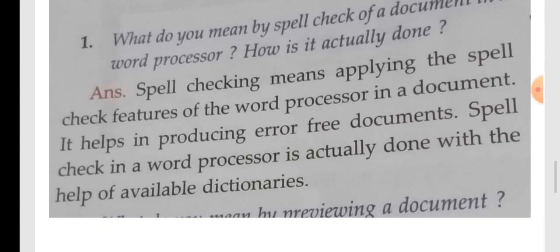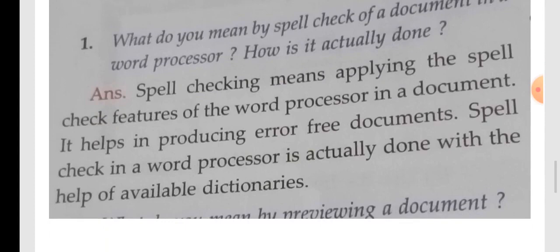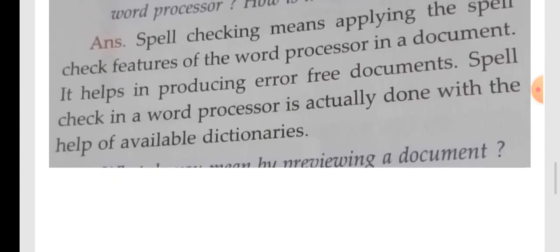So that is the purpose of the spell check function in a word processor. And this is done with the help of an available dictionary, and you are also able to add some words if you want in that dictionary. So next time when they face some word which is not in their dictionary, they take it as it is, as you give it to them.